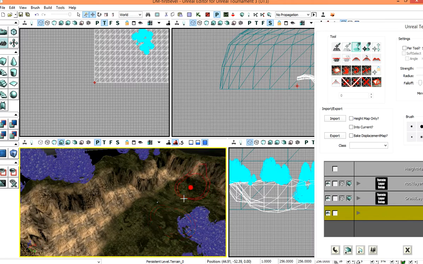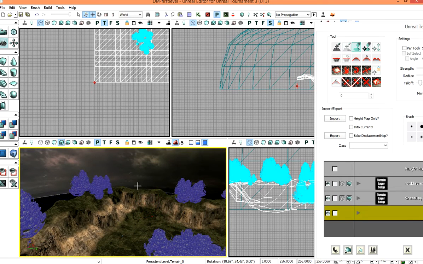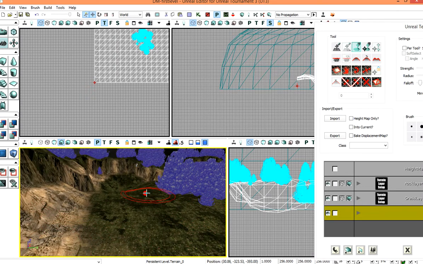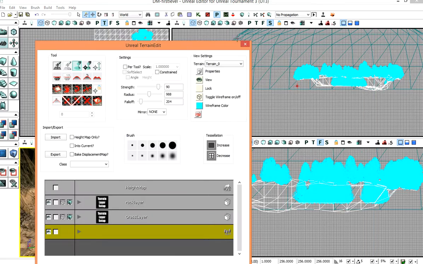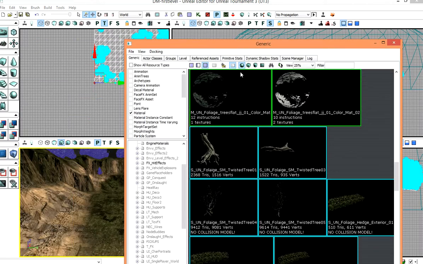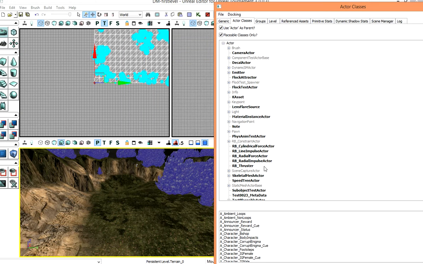Awesome. Alright, I think my level needs a couple of vehicles, a player start, and then I'll be good to go, and some weapons. Alright, so let's do that. All the fun things are up next. So, everything that we're going to be finding is going to be in the generic browser inside of the actor classes. Okay, if this was a capture the flag match, we would be setting this up with the navigation points,